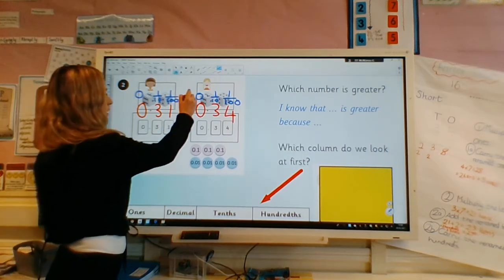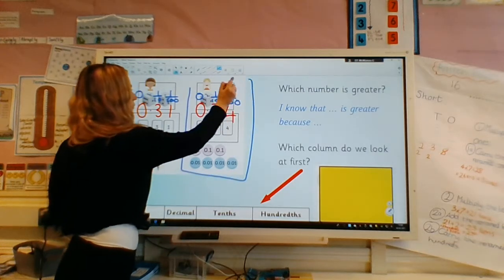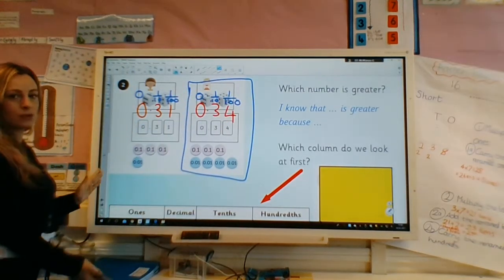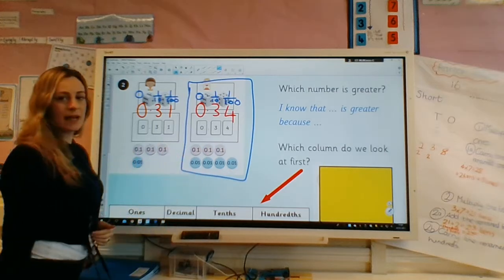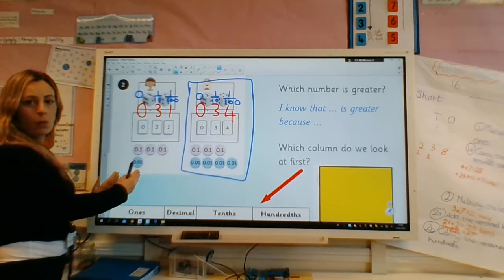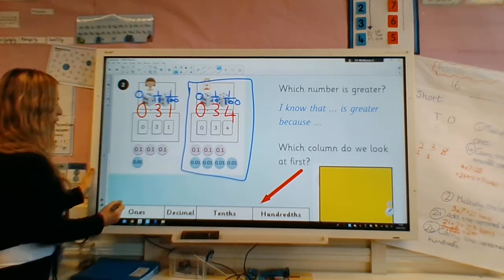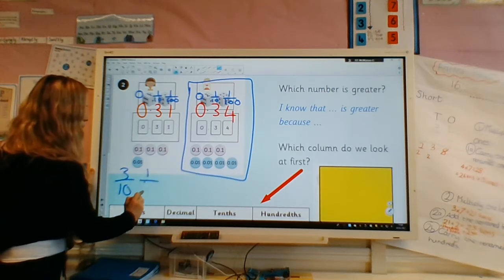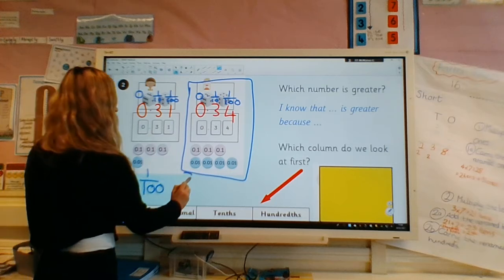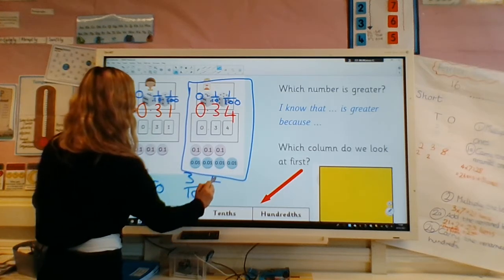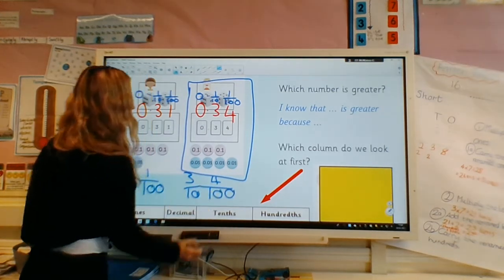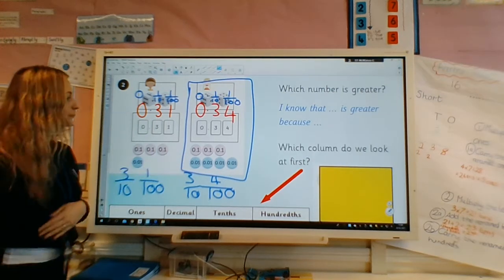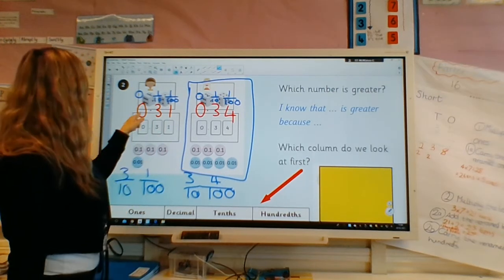Well, it's this one, isn't it? 0.34, and you can see it pictorially. They've both got 3/10, but this one's got 1/100th and this one has got 4/100th. So they both have 3/10. This one has got 1/100th, 3/10, but this one's got 4/100th. So this one has got more. So 0.34 is greater than